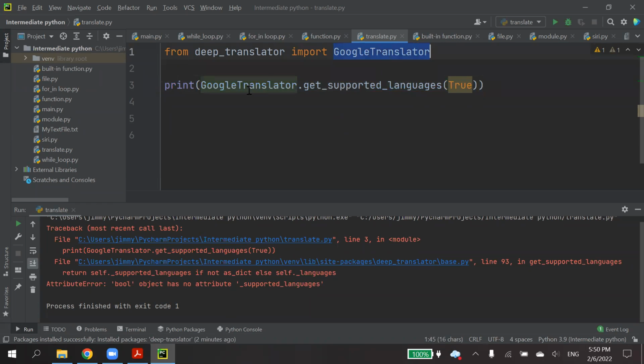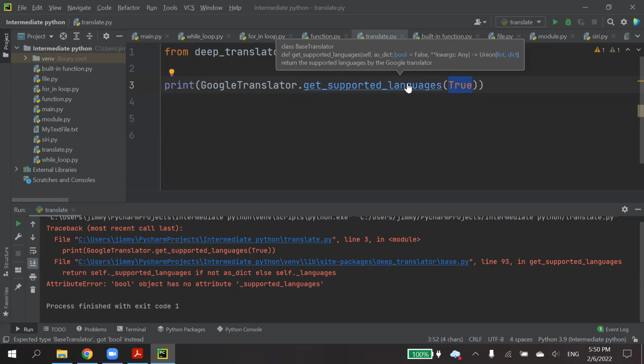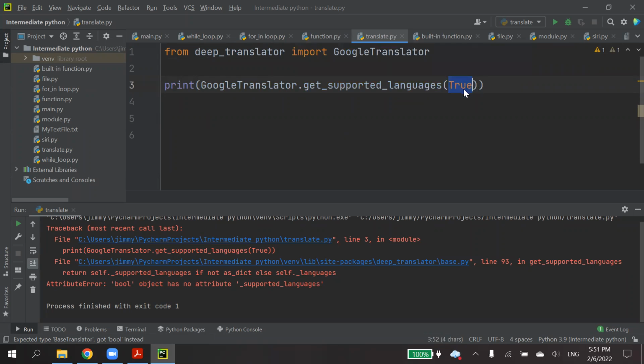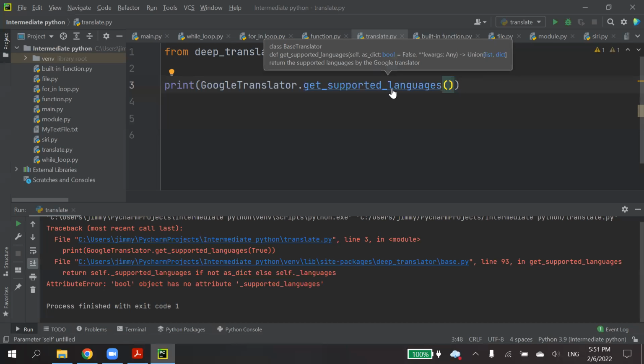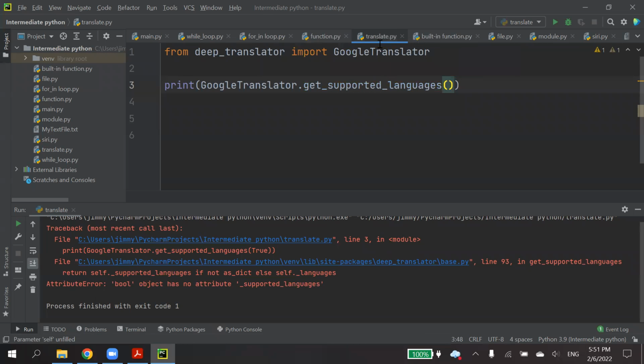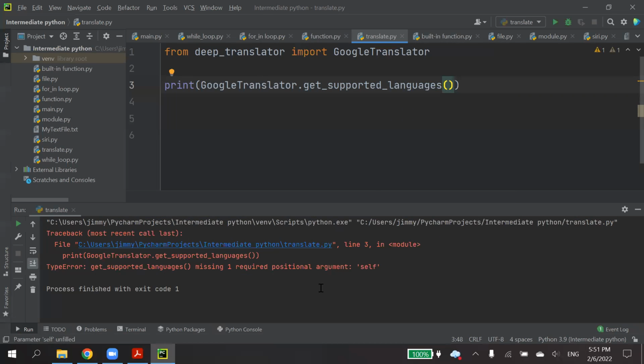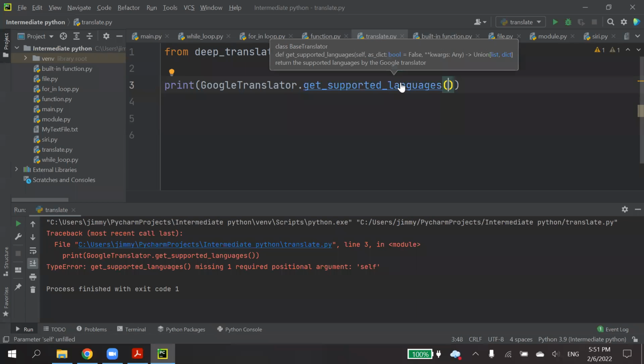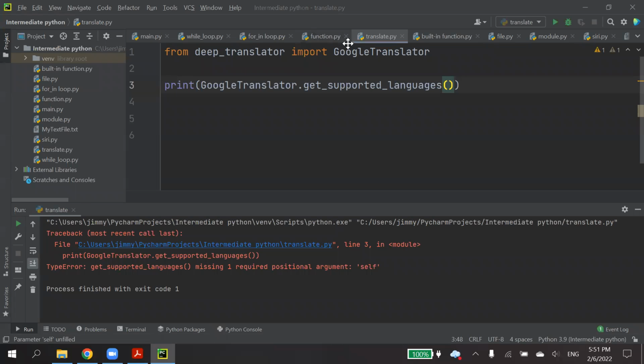Google Translator. I think previously it was working. Give me a second. We'll have an object attribute. Missing one required argument.